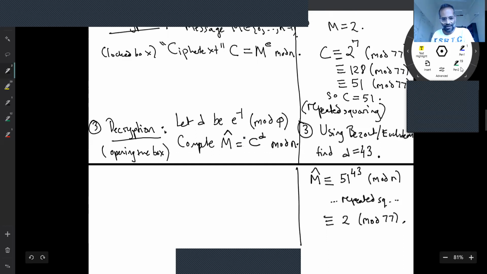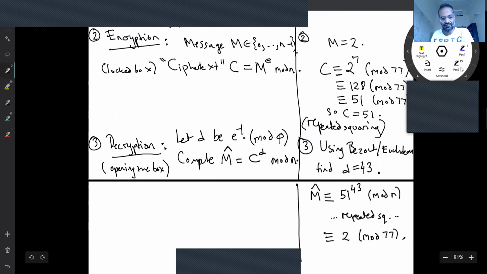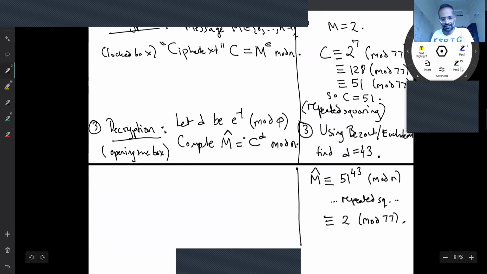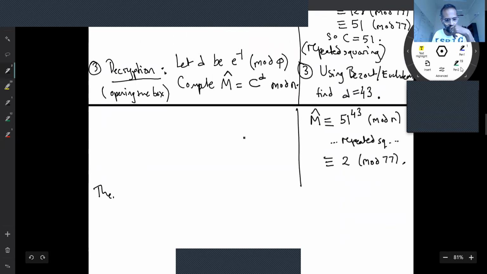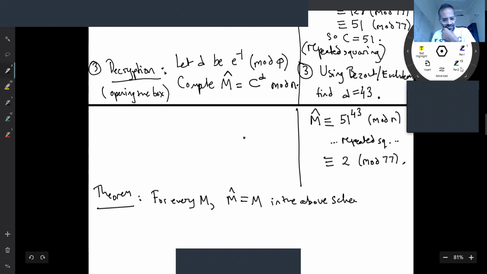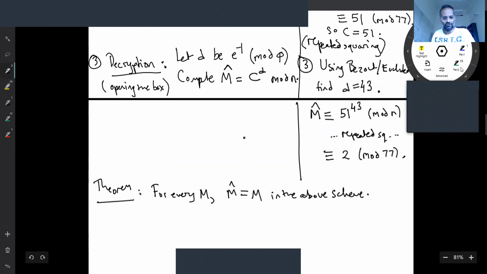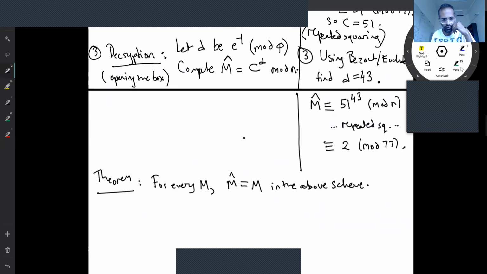Now, let me now prove that this always recovers the message. But before I do that, the theorem is that for every message, M hat equals M in the RSA scheme. So that's theorem 1, and then really the more interesting theorem, which we won't prove, but if you take a cryptography course, we'll prove it. Theorem 2 says any